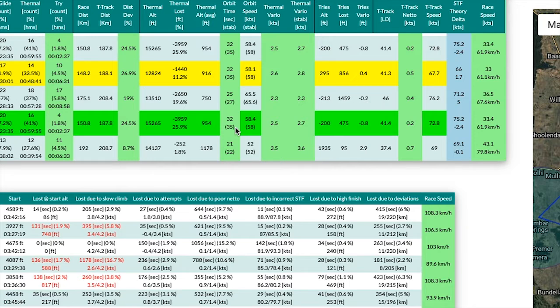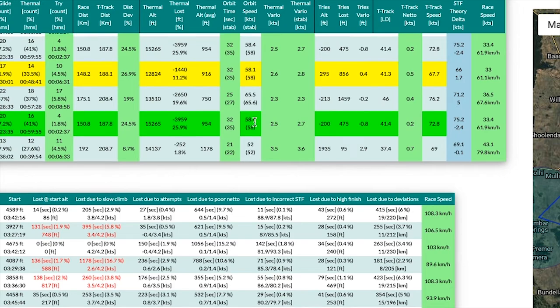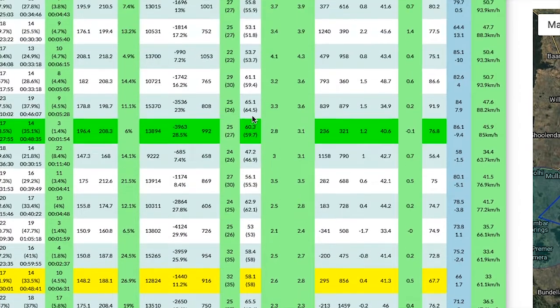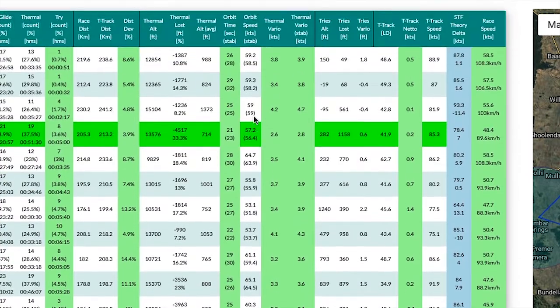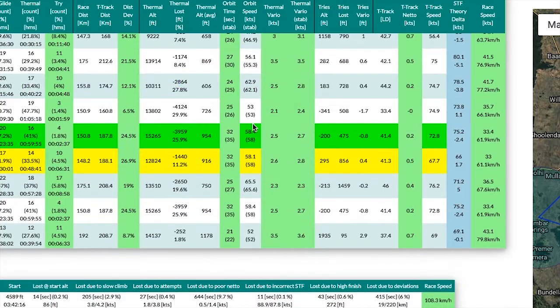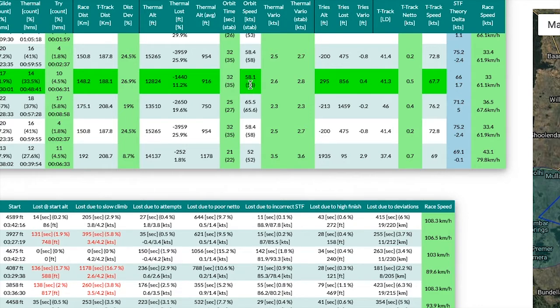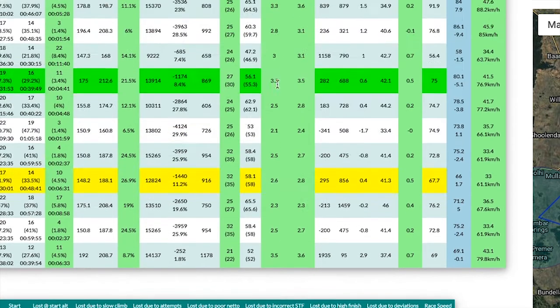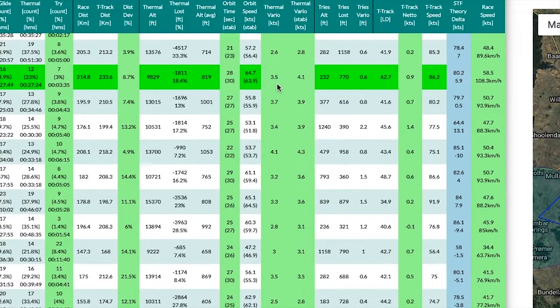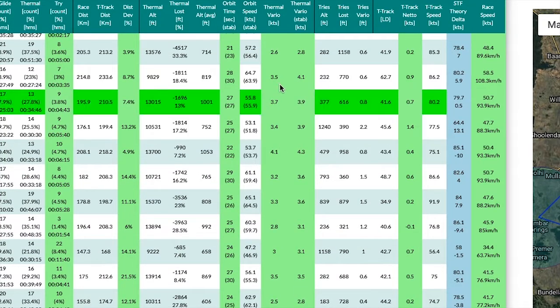Orbit speed in knots, 58. Okay. Now you can see numbers faster than me, but 58 for my glider, dry. I could knock a few knots off that, I think. But more importantly, I could bank a lot more. That much I know. So thermal vario 2.6 knots, that's pretty ordinary compared to the 3.5s that are up here,